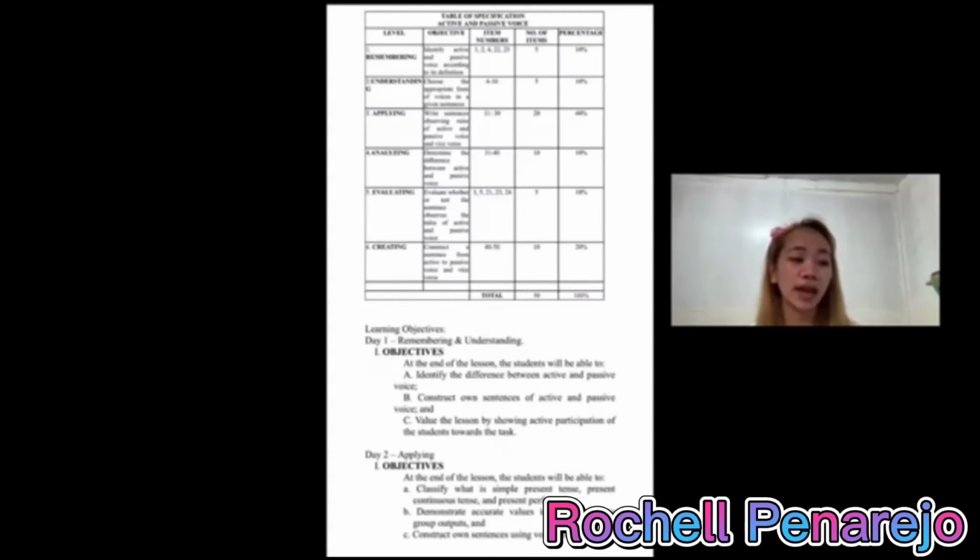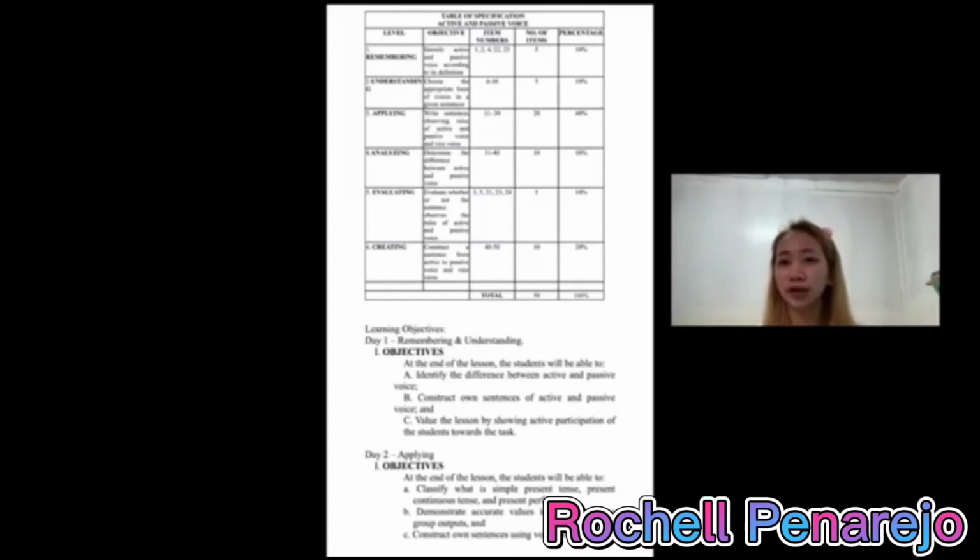So in item numbers 11 to 30, the total number of items is 20, and the percentage of this assessment is equivalent to 40%. So that's all, and